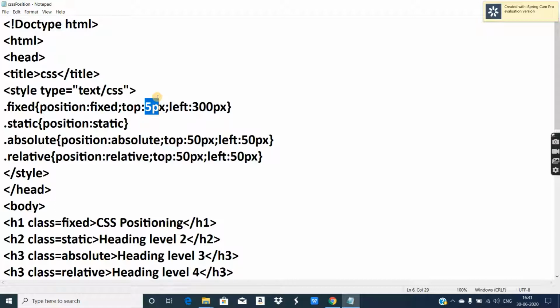Now if you see any website, it doesn't matter if you see it on a 14-inch screen or a 16-inch screen or maybe a bigger screen, the position of certain logos, text boxes and images remains the same.